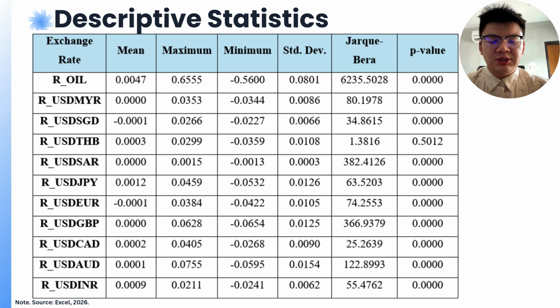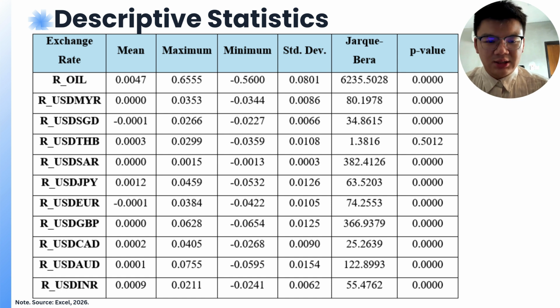So basically, from the perspective of the mean, which also indicates the return, we can see that for the 10 selected currencies, the means are close to zero, which indicates a small return, unlike the return for oil, which is 0.047, around 0.47% of return, due to the spikes in the price of oil we saw from the previous interpretations.